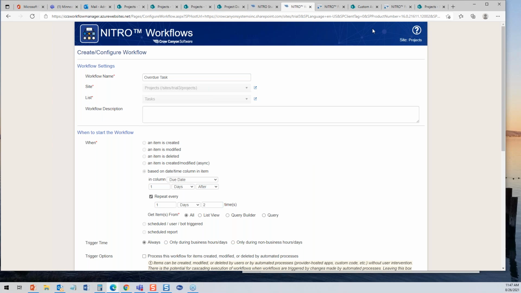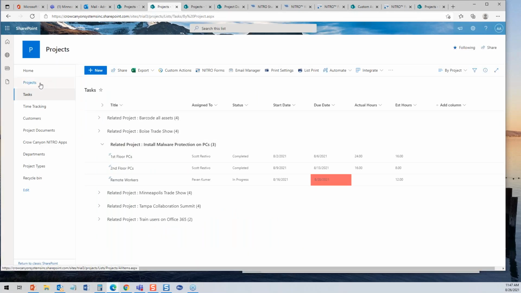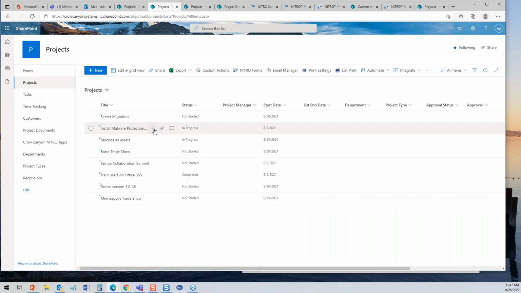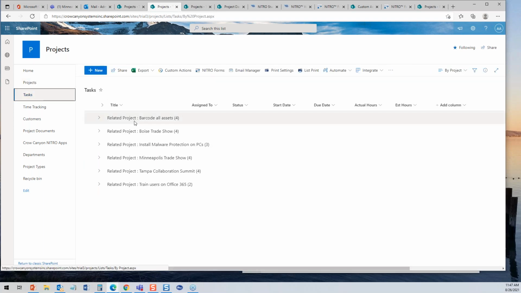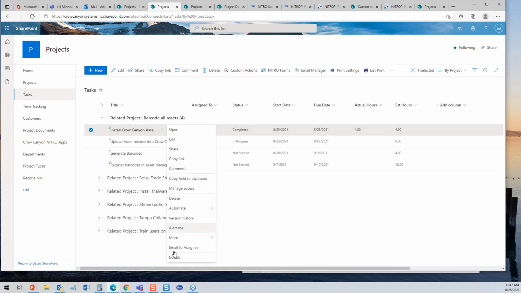Nitro Studio gives you this great flexibility to either have immediate actions available on the form itself by pushing a button, or for that matter, it can even be in the ECB, what they call the ECB, the edit control block. There can be an action right here also that you can put in here to expand this list of what actions to take. Actually it's right here, in this ECB. Let me go there and show you what I meant. Email to assignee. See, that's a custom action that we added on here. And so that makes it so you can do it immediately right there in real time by clicking the button or choosing something from the ECB, or you can go Nitro Workflow to work behind the scenes for you,